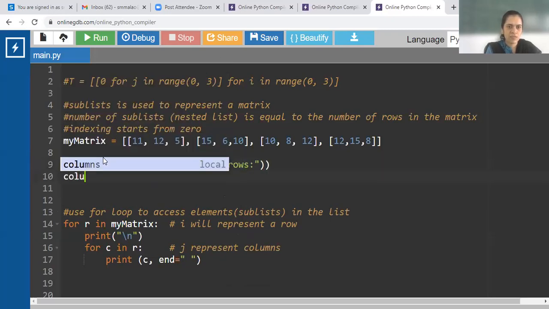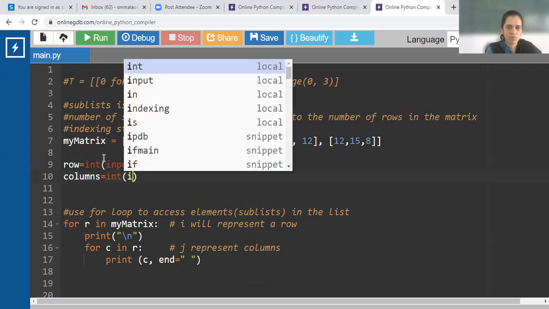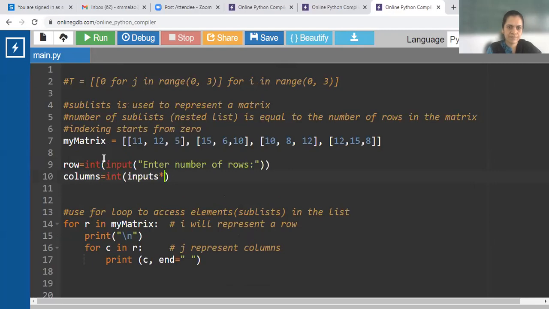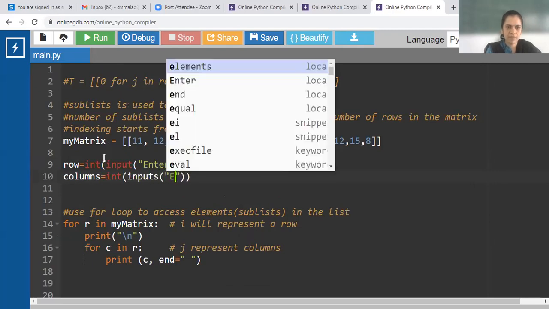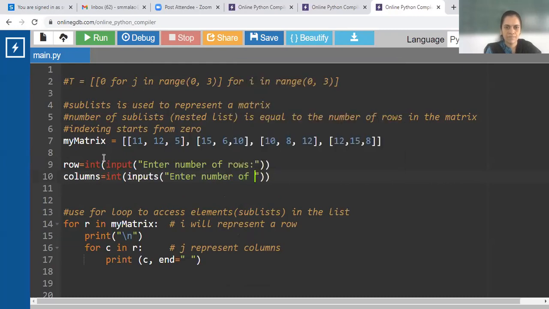Then we can ask the user to enter the number of columns. So the user will enter the number of rows and the number of columns.